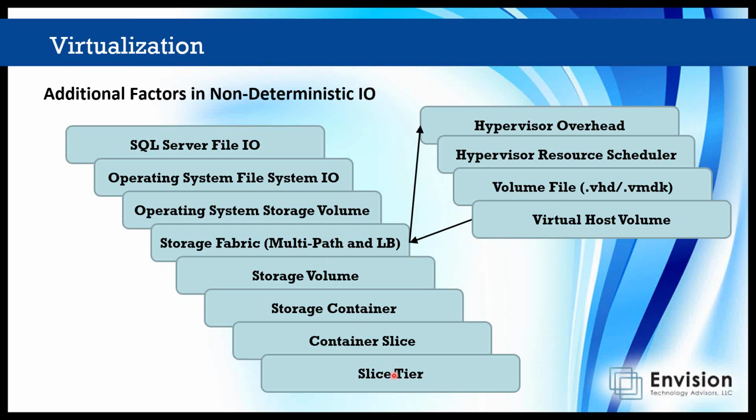Now, remember we were talking about this being dynamic, all of these up the line. Well, this is the same way. So if the resource scheduler says, hey, I'm on a hot virtual host, you could suddenly be vMotioned or live migrated to a different host. Same thing with a volume file. If it's on a hot volume, it could be storage vMotioned, or storage migrated over to a completely different